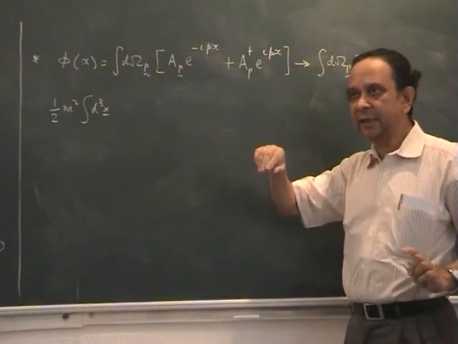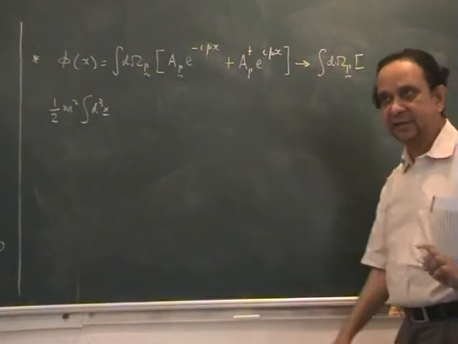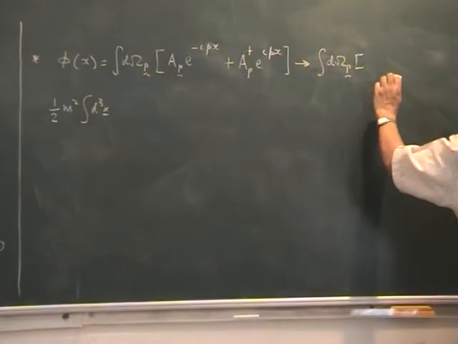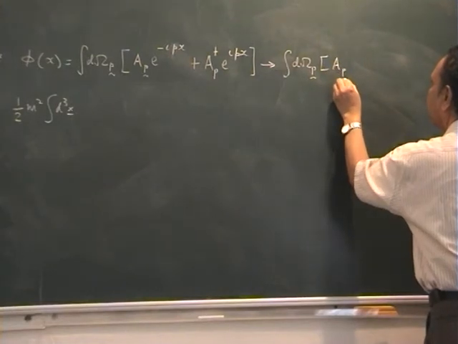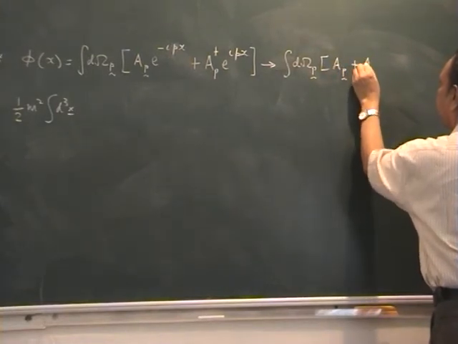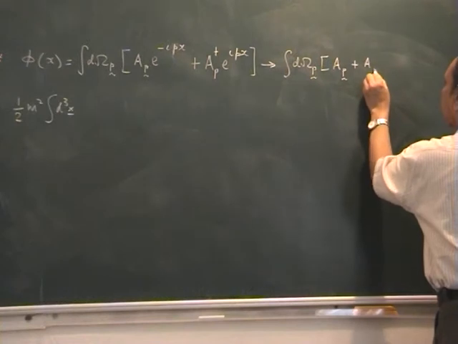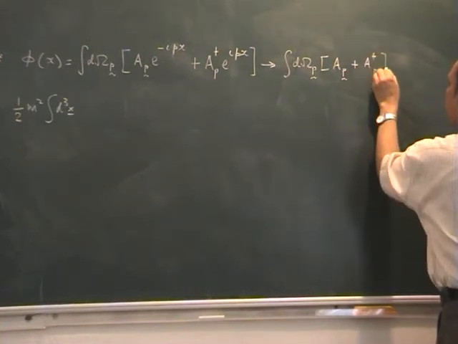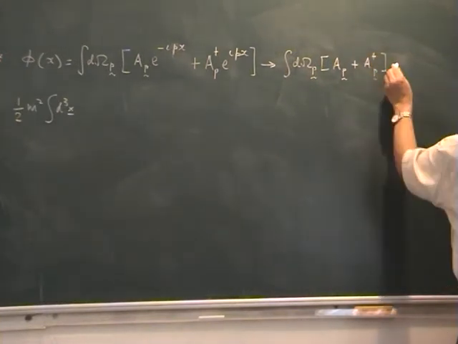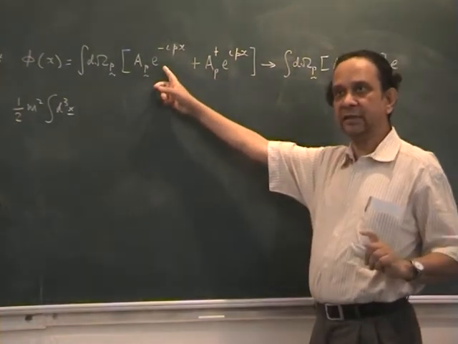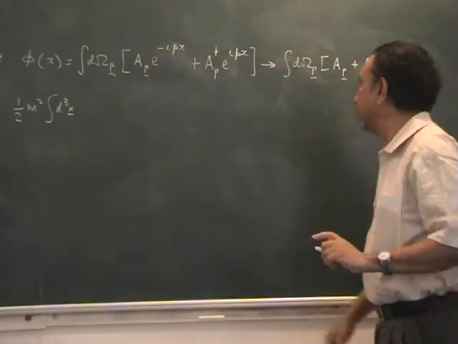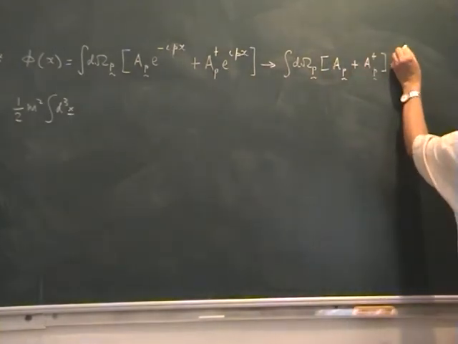And I have flipped the sign of p in order to get both the signs the same. So I end up getting, let us say, AP plus AP dagger times, let us assume I flip the sign here and retain the sign of this as it is. So I would have got then e to the I p dot x,